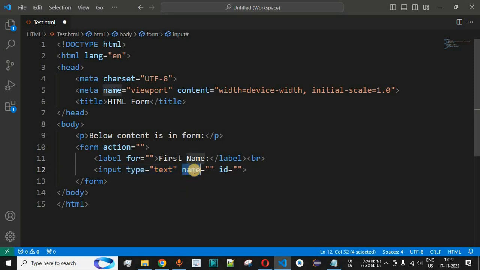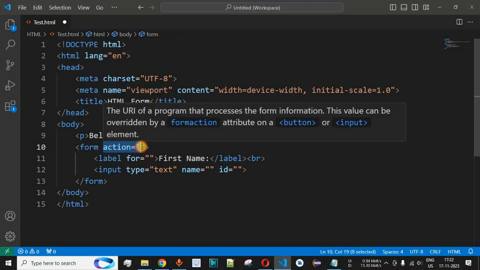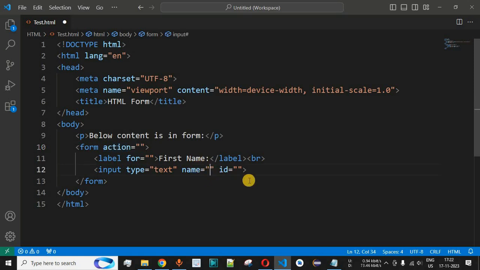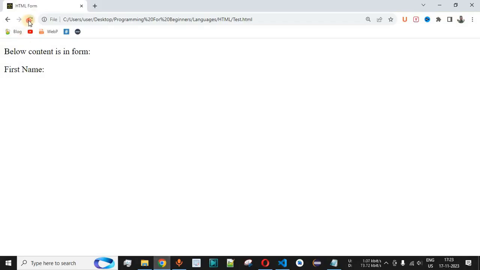Now guys, this name attribute will be used when we submit this particular form and the content goes to the server on the file that will be referenced by the action attribute over here. So we can give certain name to this particular input. So we can simply provide f name over here, and the next attribute, that is ID, we can simply provide it as first name in this case. So guys, basically we are having the name as f name, and by this f name, this particular input field value will be referred by the server side script, and then apart from that we also have the ID over here, that is the first name. Now guys, let me just save this file now and try reloading this page once again on the browser.